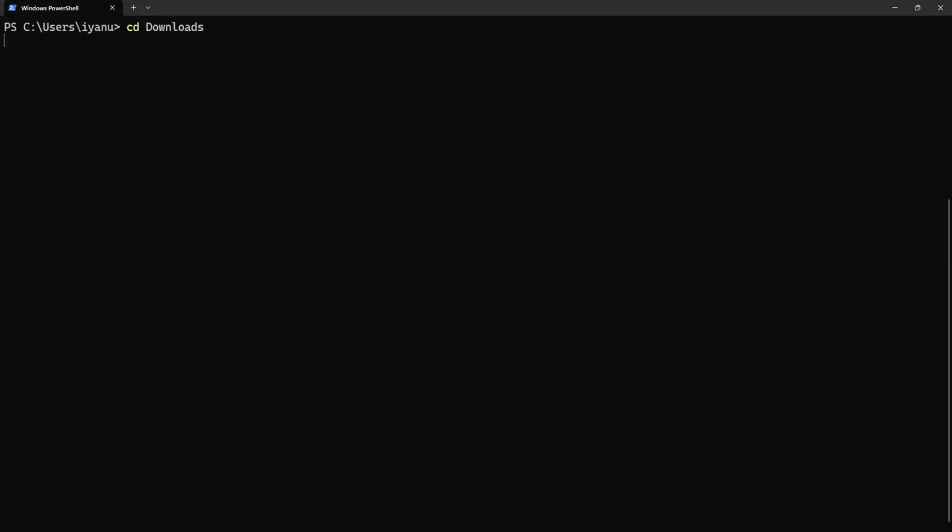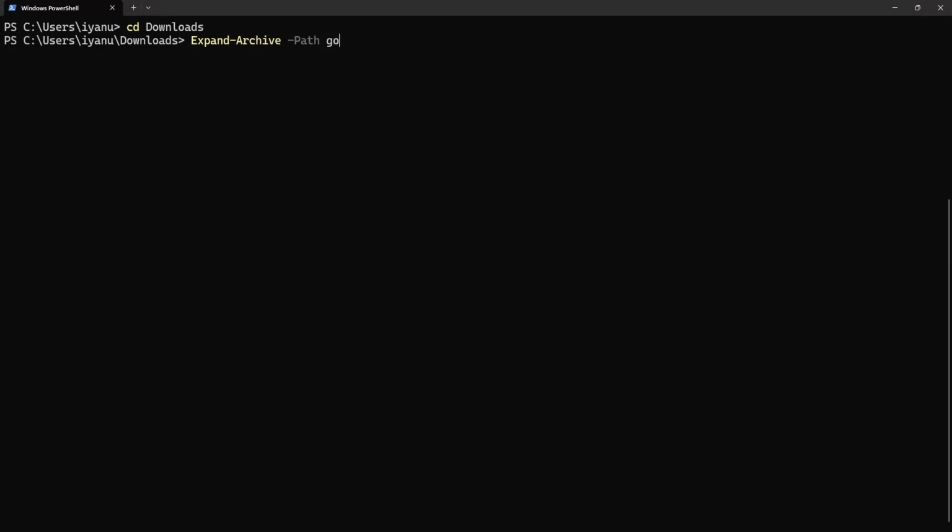So I'll go to downloads, and I will unzip the file from PowerShell. Again, there's no reason for you to do this on PowerShell. You can go to your file explorer, just click on the file and extract. But getting familiar with terminal shell commands will actually help you make things go faster. So I'm just going to do this from PowerShell. I think the command to unzip files from PowerShell is Expand-Archive.